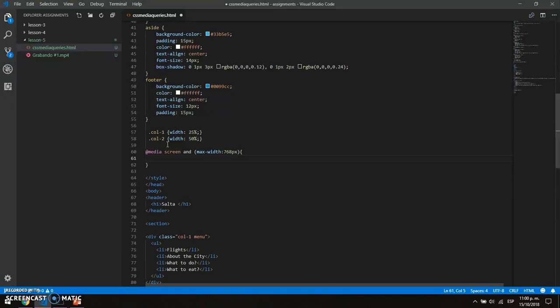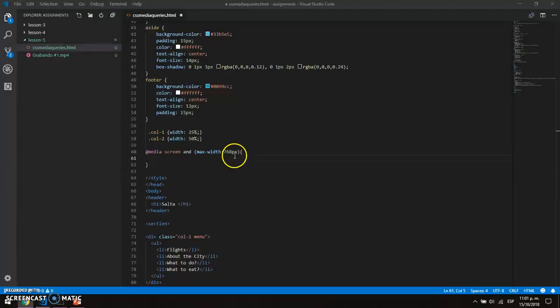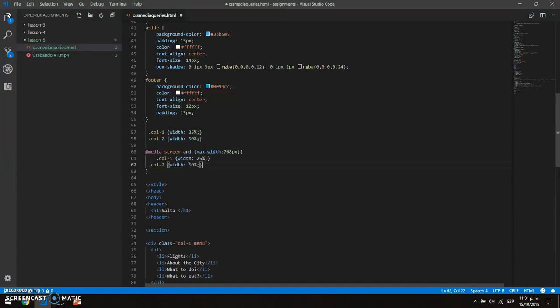the code will be reading here, and when it finds this condition, it will evaluate if it's true, and if it's true, it will apply all the styles we're going to write here. For example, all of these are columns. This is a column, and the flights, the menu, and the aside section are also columns. What I want the CSS to do is show these columns, but not with this width. I want to show the whole 100%